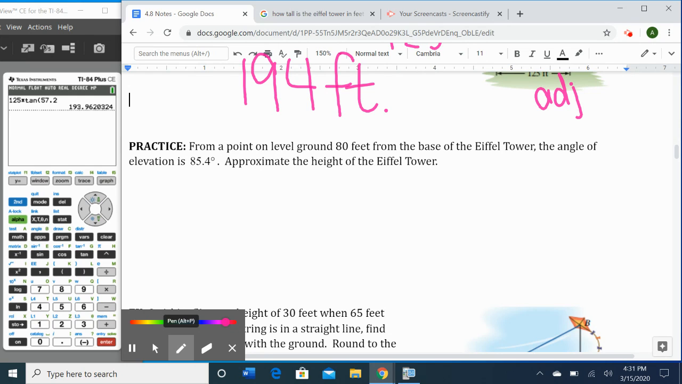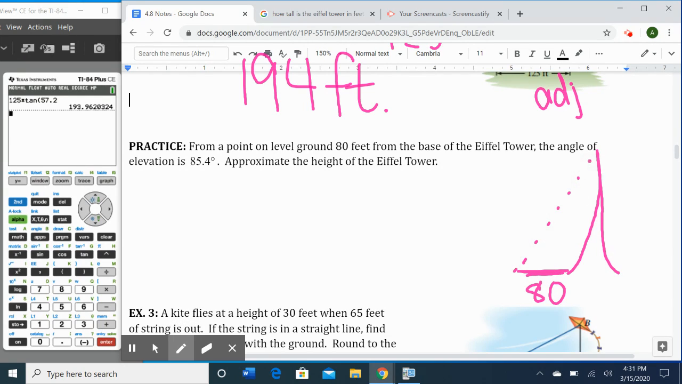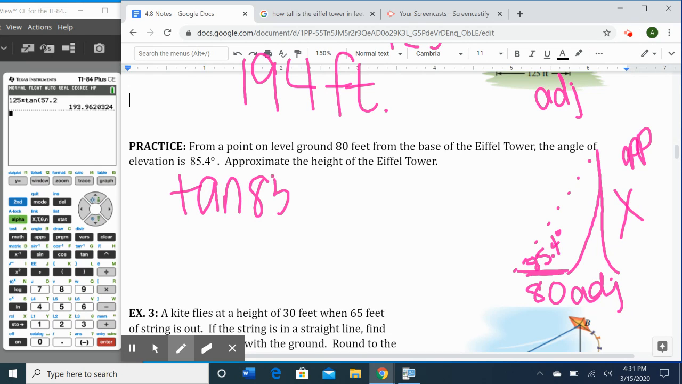So this is going to be the Eiffel Tower. I'm not going to try any harder than that. And they say that I'm 80 feet away, and I'm looking up at the Eiffel Tower. My angle of elevation is 85.4 degrees. And they say, what is the height of the Eiffel Tower? So again, I'm looking for opposite and given adjacent. And so I'm going to set up that the tangent of 85.4 is equal to opposite, so x over adjacent,